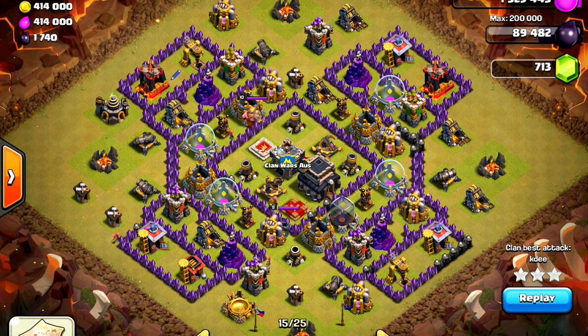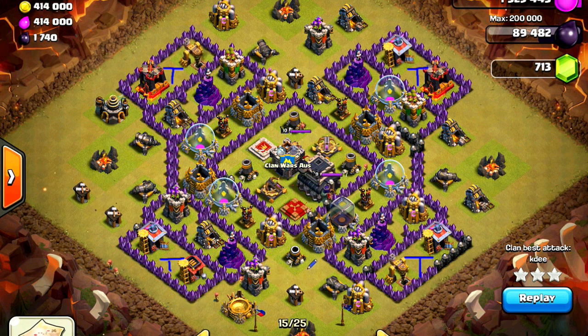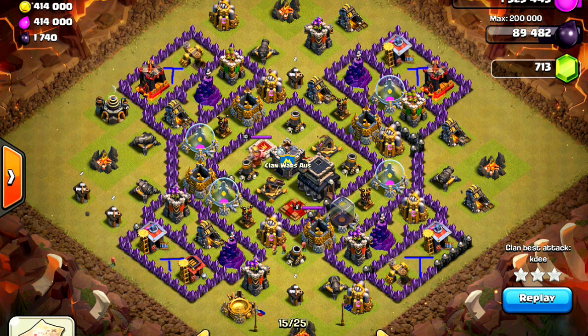So for this base, standard setup for the Tesla X, we're going to have Teslas in these 4 locations here. If you're hogging it, normally there's double big bombs there and there. Obviously, we weren't having to deal with those with this attack. But the general strategy here is